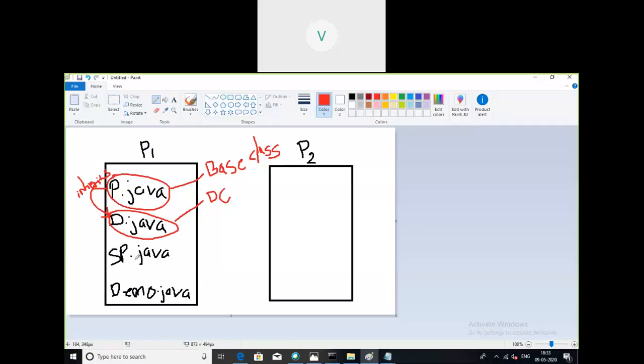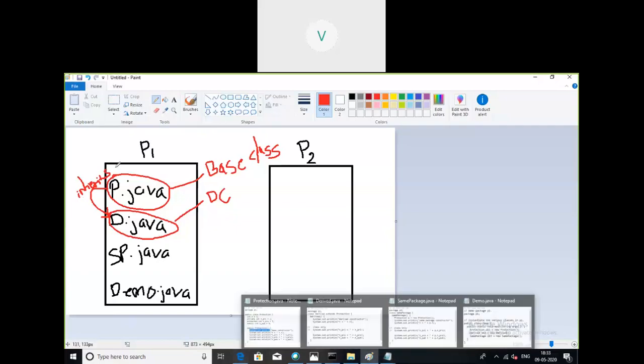SP.java is a source file present in the same package P1. Then demo.java is also a source file present in the same package.